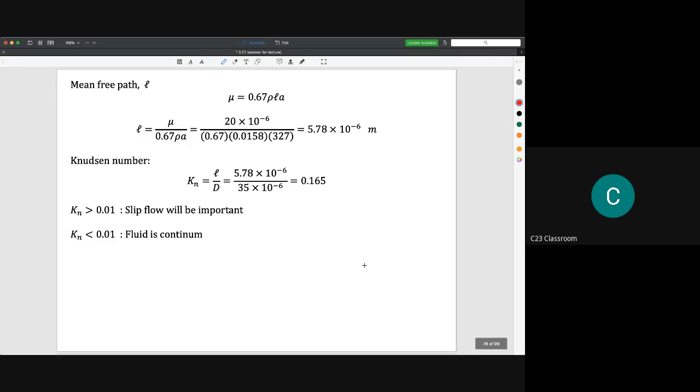So then we could calculate the mean free path according to the textbook. So we get this value. Then we get to know the Knudsen number, and we get whether slip flow will be important or not. I'm not familiar with the Knudsen number actually, but as I said previously,